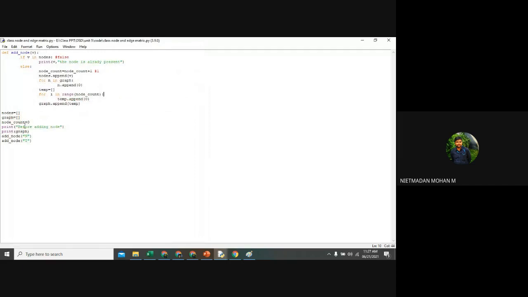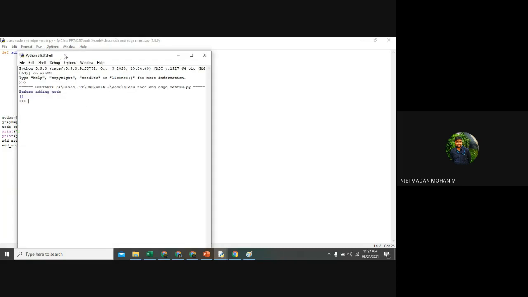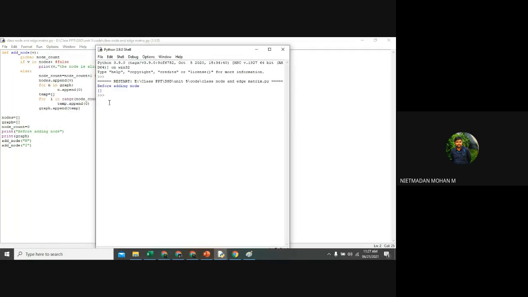One more thing you want to do. This node_count we have declared is a local variable. So it won't take this node_count inside the function. Inside the function we have given that node_count, so for this we want to go with the global variable. We want to declare that node_count as a global variable. We can use that node_count anywhere in your program when you give this global declaration inside this function. So now you can see before adding the node, it will be like this.